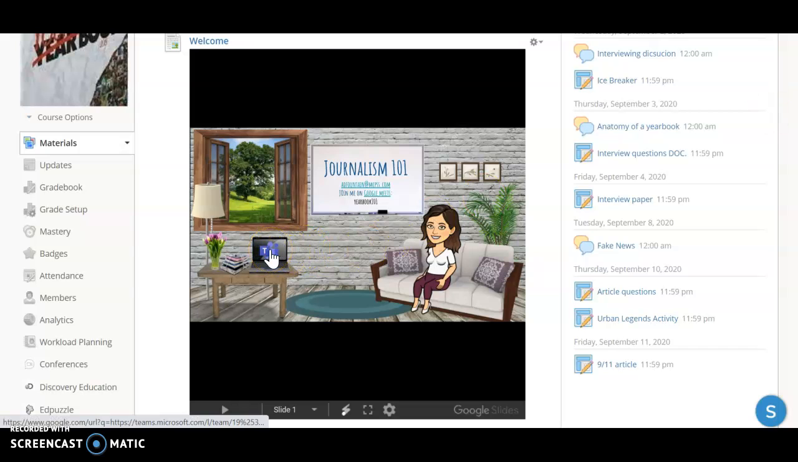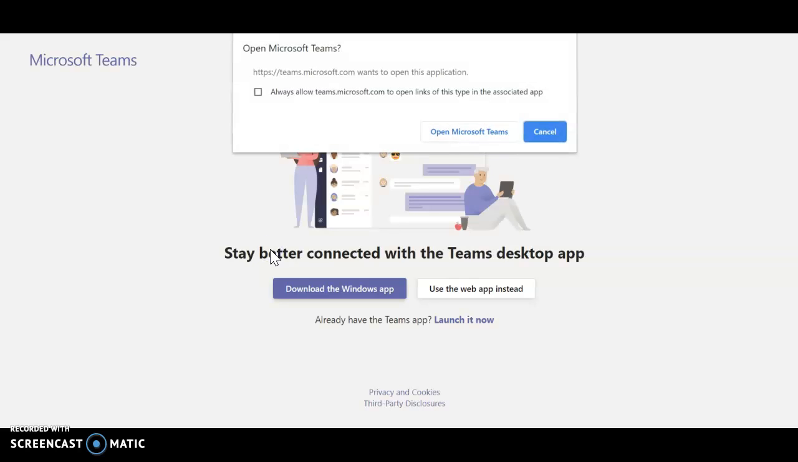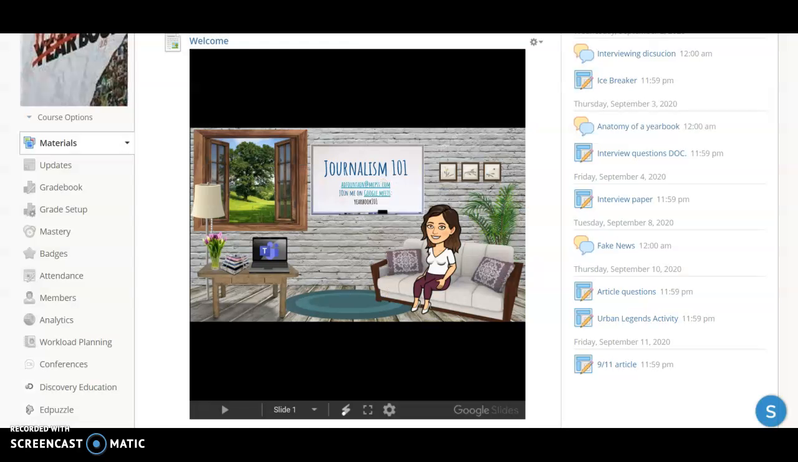Lastly, in the laptop here, you'll see an icon for Microsoft Teams. You can click on that, and it will prompt you to download it. I already have it downloaded. That's why it's asking me to open it. But I urge you to download this onto your phone or device that you use regularly,